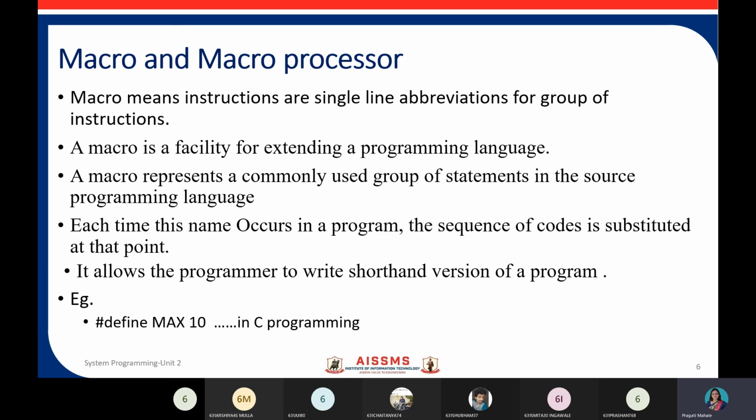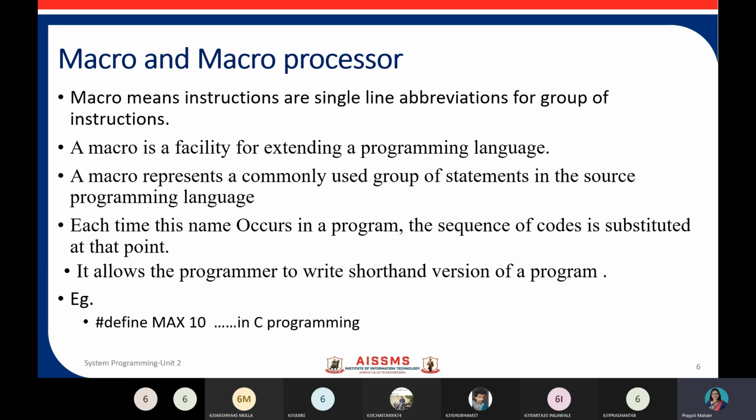I hope now you understood some basic idea about what a macro is. Let us see some more points related to macro. As I told you, it is a facility of a programming language. The basic idea is that a macro represents a commonly used group of statements in the source programming language.